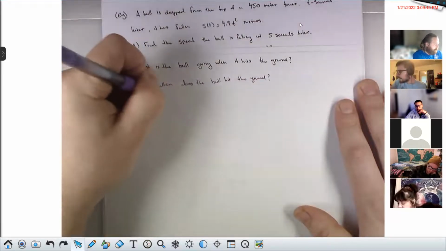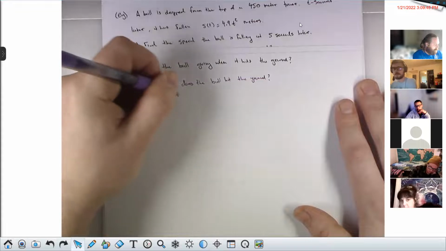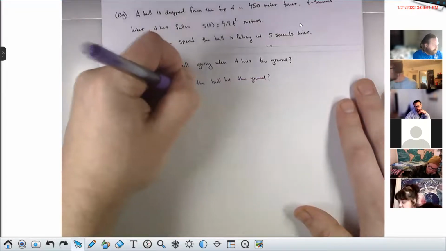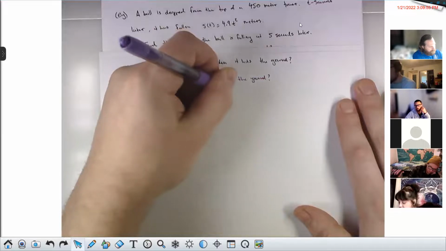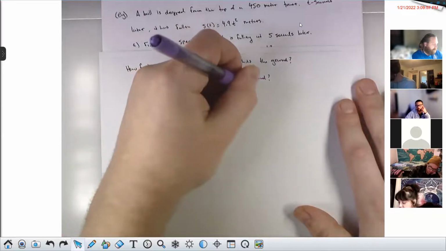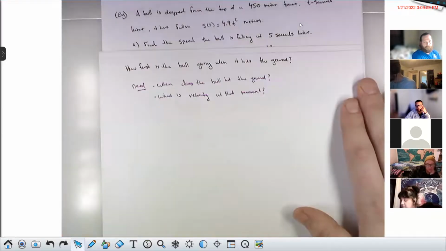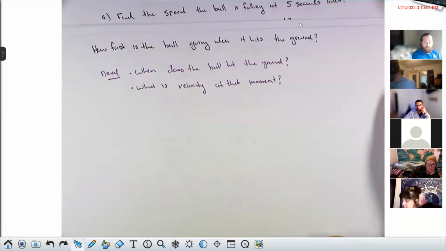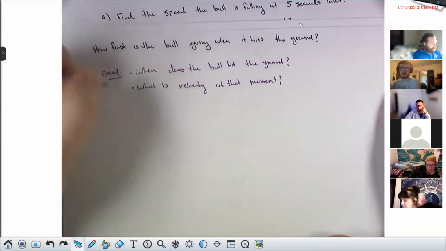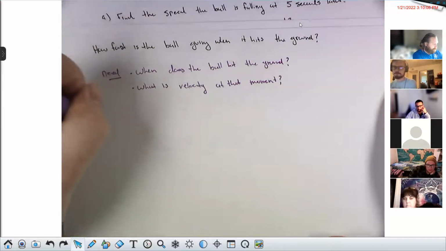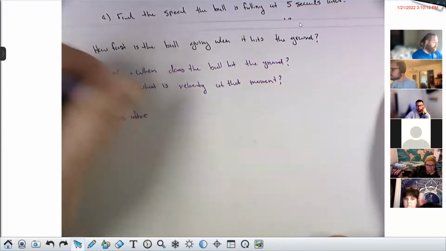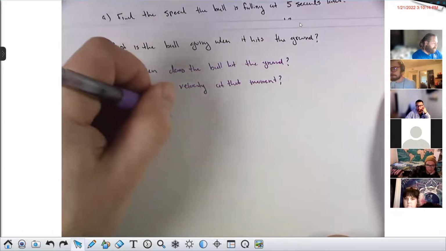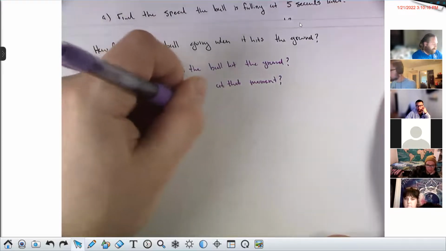And second, what is the velocity at that moment? So to say when the ball hits the ground, that's after falling 450 meters,